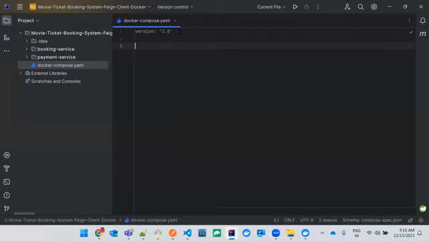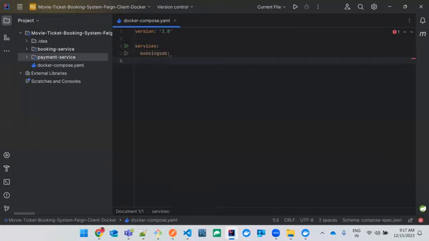Okay, so here I can just use services, and inside the services, I just wanted to create two databases. One is for the booking service and another one is for the payment service. First we need to create the databases because the booking service and payment service themselves are dependent on databases to connect. So here I just wanted to create a bookings DB,